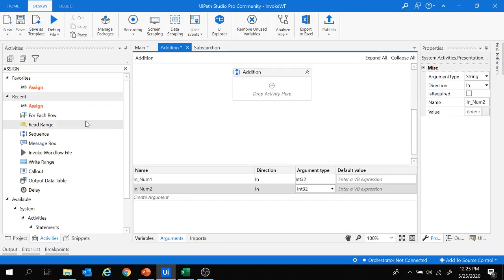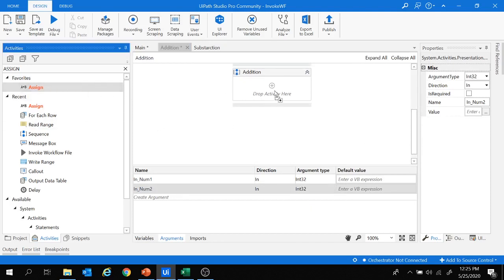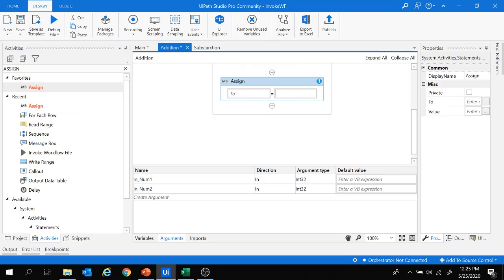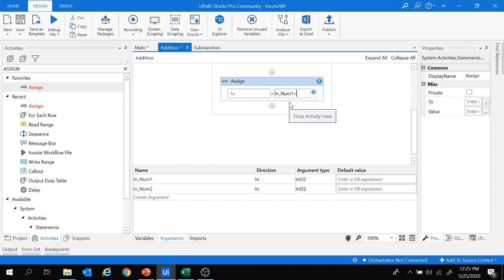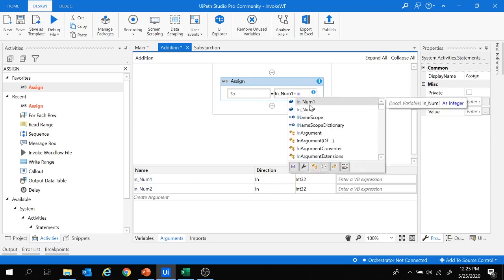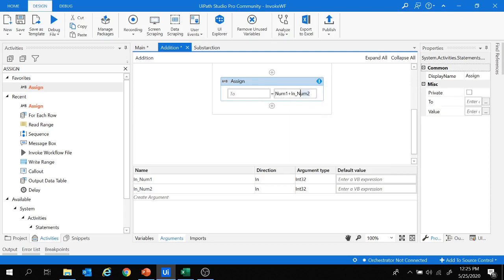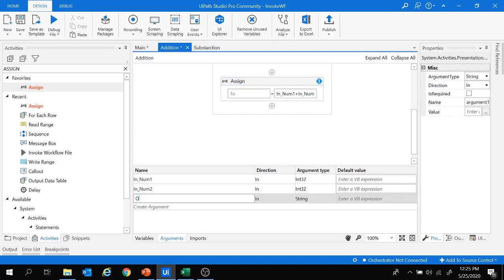Now I'm going to use this assign activity over here, and I'm going to add these two arguments, in_num1 plus in_num2, and the result of this addition I'm going to assign over here. So for that also I'm going to create another argument, and I'm going to give the name of the argument as out_add_result.